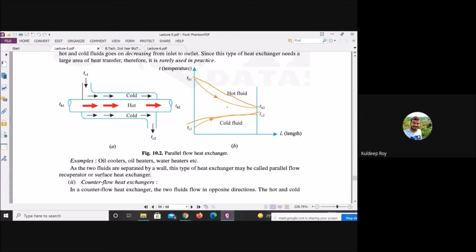One more thing in heat transfer: if somebody asks could you draw the temperature profile, then you have seen that the pattern is like this. Here it will be decreasing and here a little bit curved, and it will go like this. At that particular point it is a little bit curved. Why? If you check your notes, I have dictated this part also.